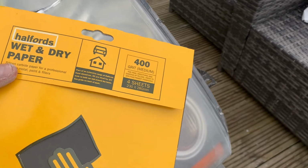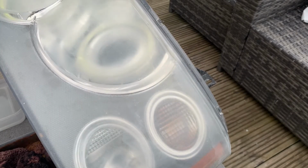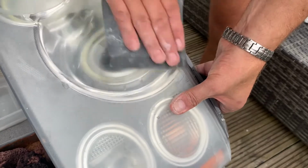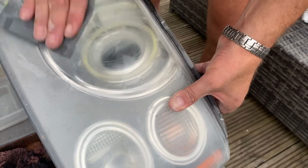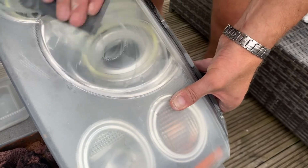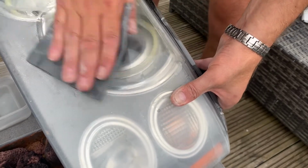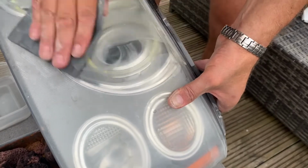which is a little bit harsher but not too harsh to cause deep scratching. This is one I used on the other one. So you dip it in a bit of water and use it nice and finely, nice and lightly at first. You need to take some of those deeper scratches out from the 400. Give it plenty of water, don't let it go dry. And you can see already with a bit of water on it,